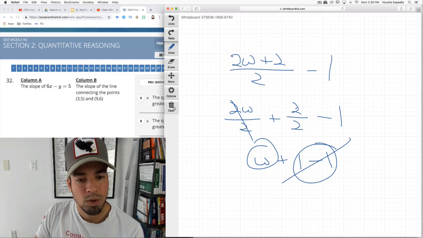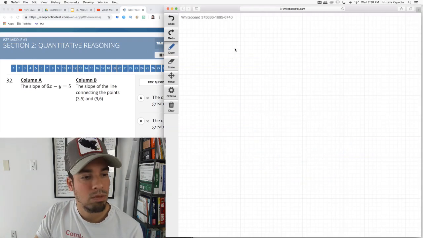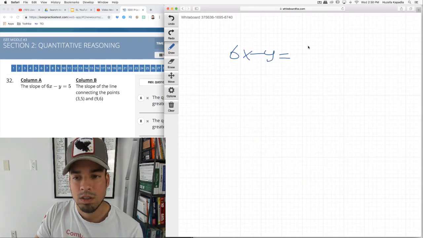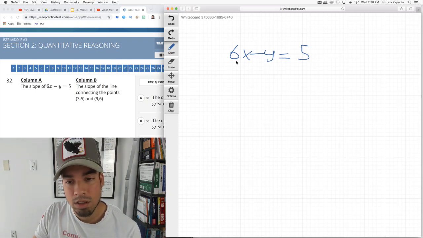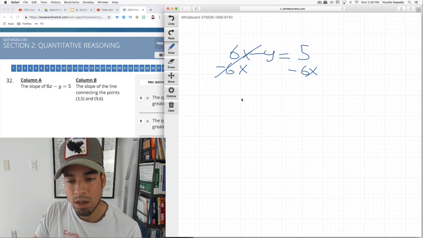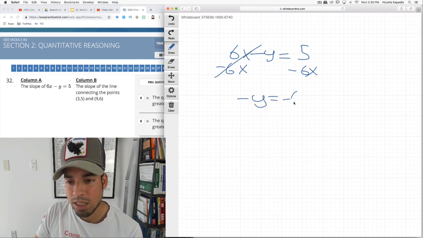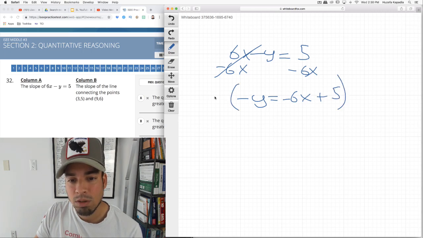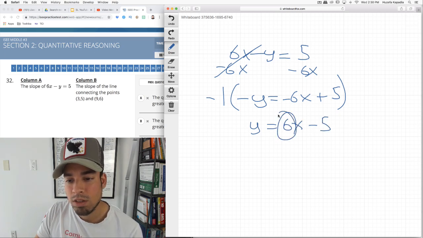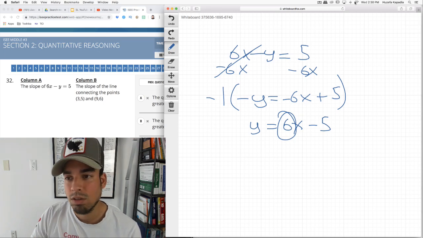All right, the slope questions. Now, if we have slope problems, we need to isolate y to get the slope, get it in slope-intercept form. So I'm going to subtract 6x from both sides, and we get negative y. Don't forget that minus sticks to that, equals, I'm going to put the negative 6x first, plus 5. Now I want to get rid of the negative on both sides, so I'm going to multiply everything times negative 1. We have y equals positive 6x minus 5,